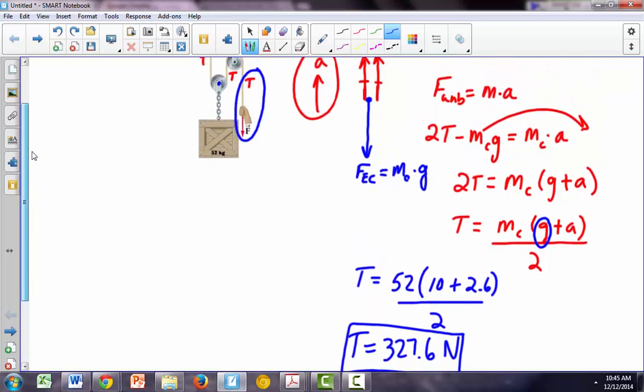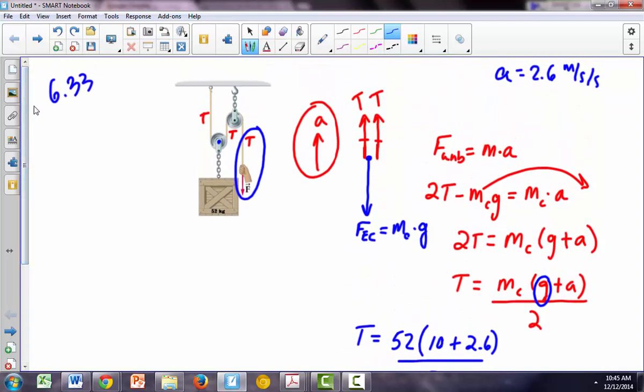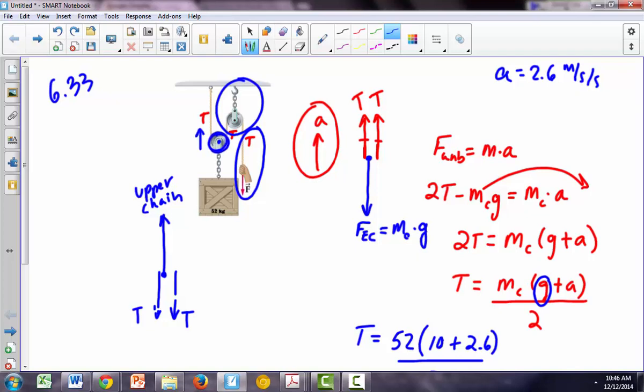So the tension in the upper chain is pretty easy to calculate now that I know the tension in the rope, because the upper chain is this force right here. I'm drawing that pulley right there. Here's the upper chain going this way. I've got the tension going down. There's no acceleration of this pulley right here. This pulley is free to move. This pulley can accelerate upward. This pulley cannot. That pulley is rigidly fixed to the ceiling,